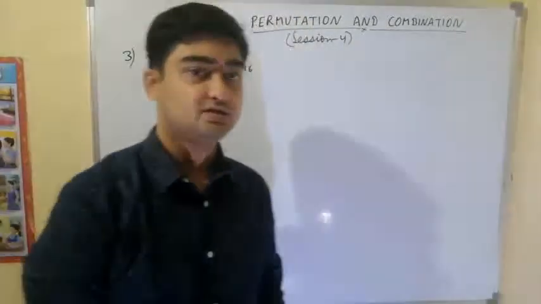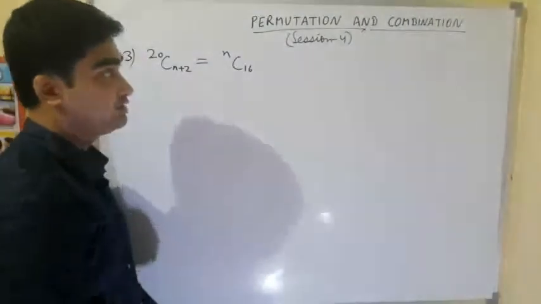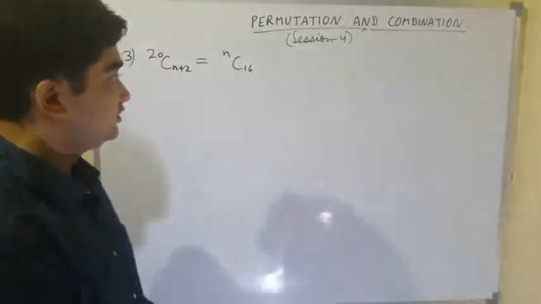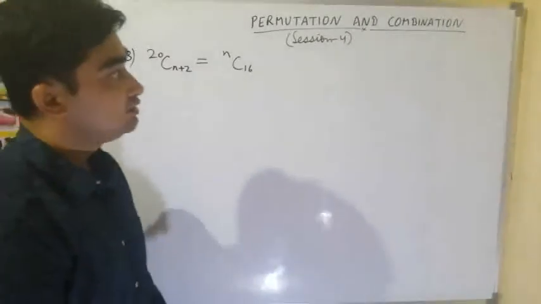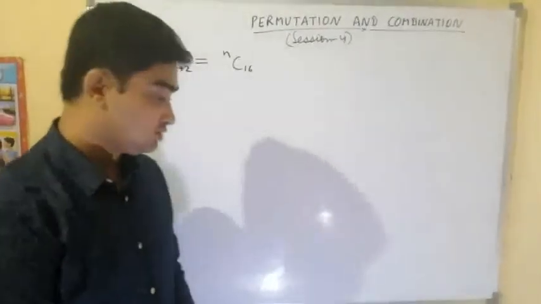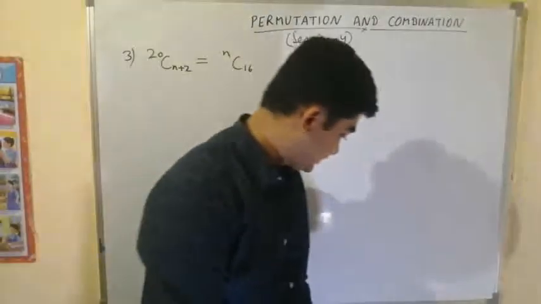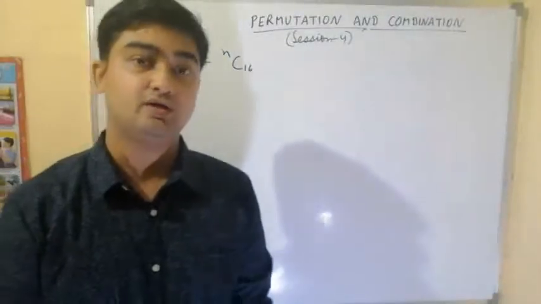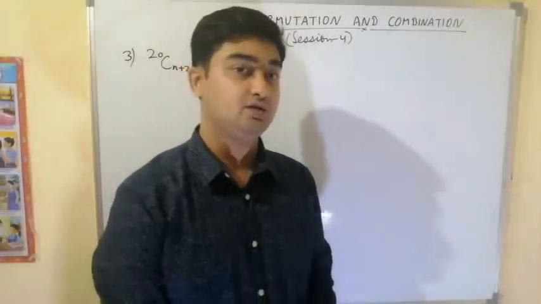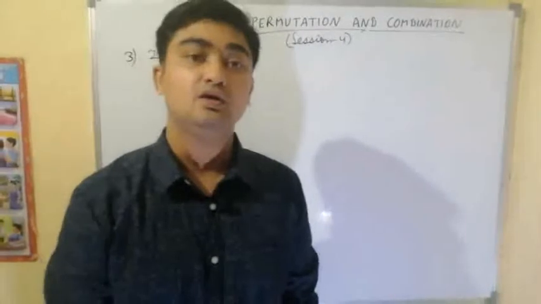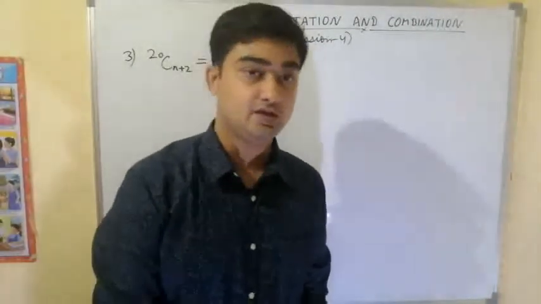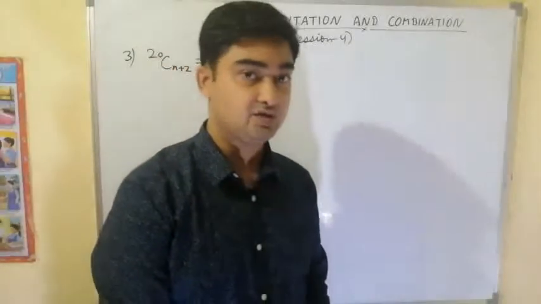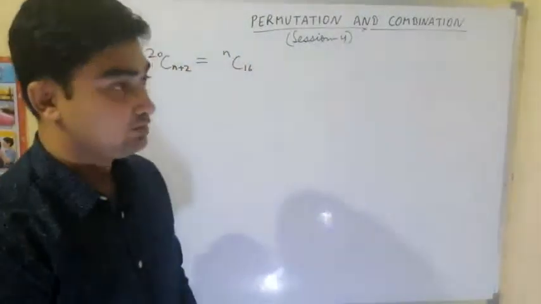Hello friends, I am making this video to discuss session 4 of the chapter permutation and combination. So before discussing the theory part of this session, I will do some problems from the last session which I gave as an exercise. Then we will move to the theory part. Today we will discuss some very important topics from the chapter permutation and combination, and we'll finish the theory part today, and in the next sessions we'll start the previous year IIT JEE papers, problems from those papers.